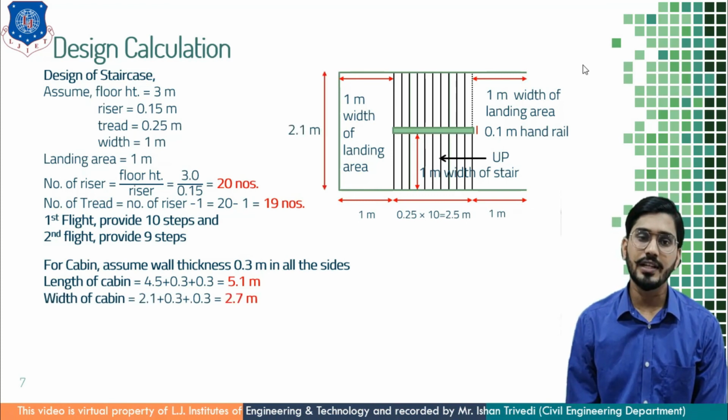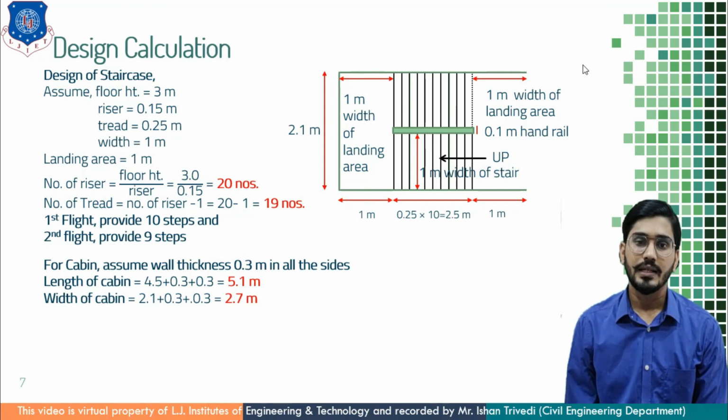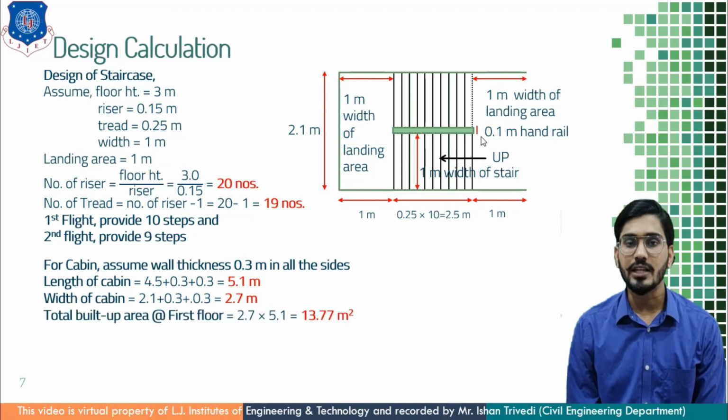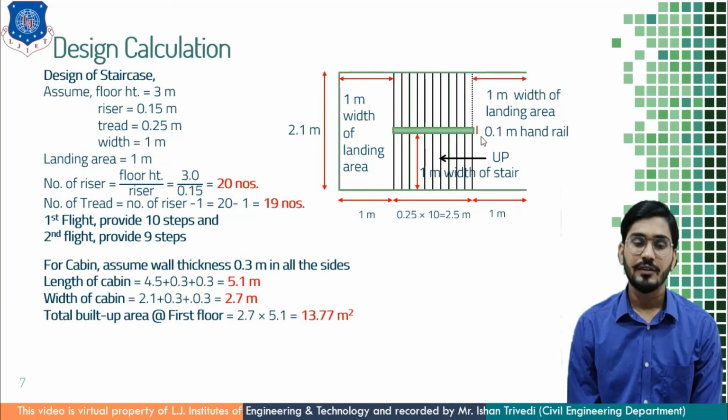Next, the width of the cabin, that is 2.1 meter. How has it come? 1 meter width on each side, so it is 1 meter here and this one is also 1 meter, and 0.1 is for the handrail, and the total is 2.1 meter. I am taking a 0.3 meter wall at both ends, so the total is 2.7 meter. Next, if I calculate the total built up area at the first floor, particularly the cabin, it is equal to 2.7 into 5.1,